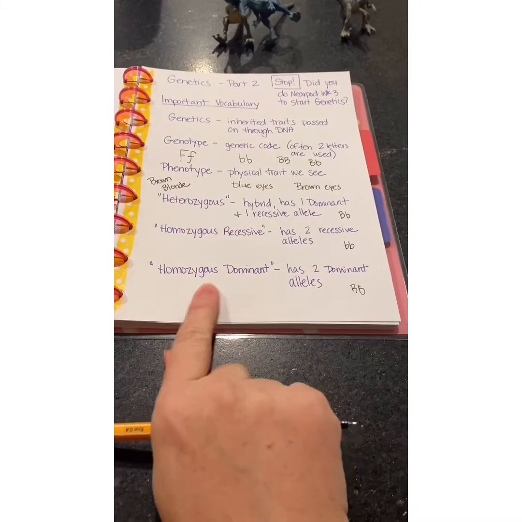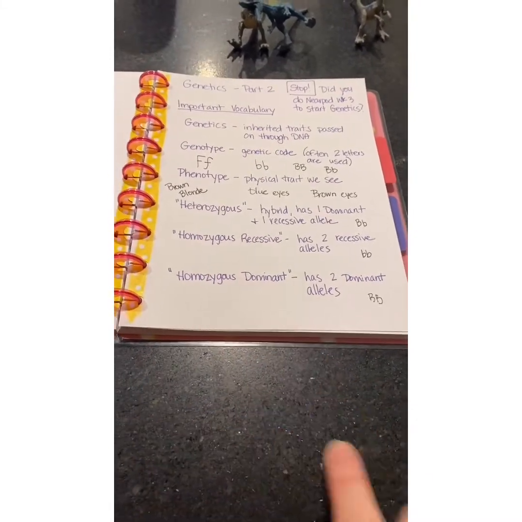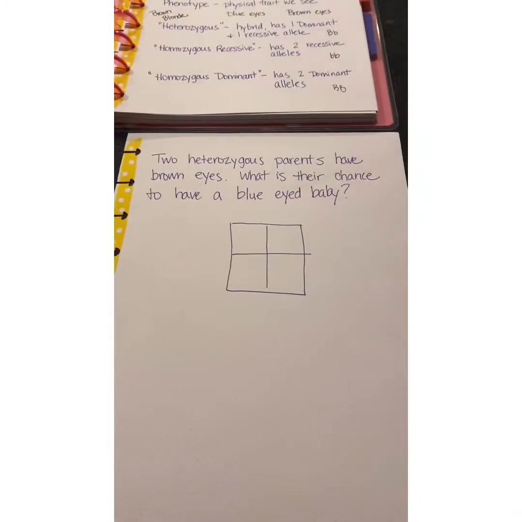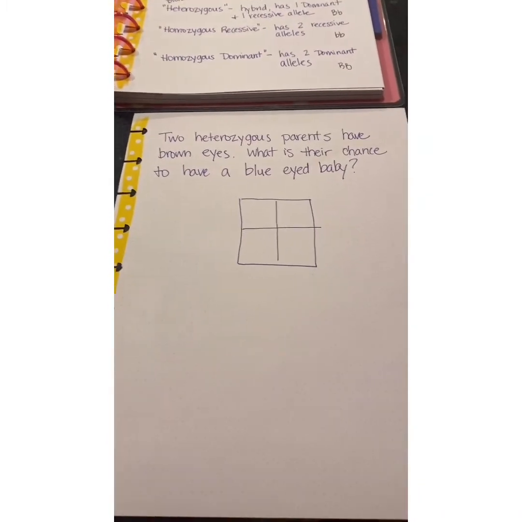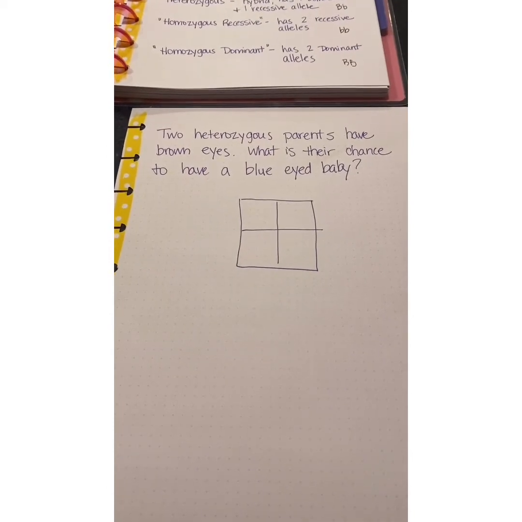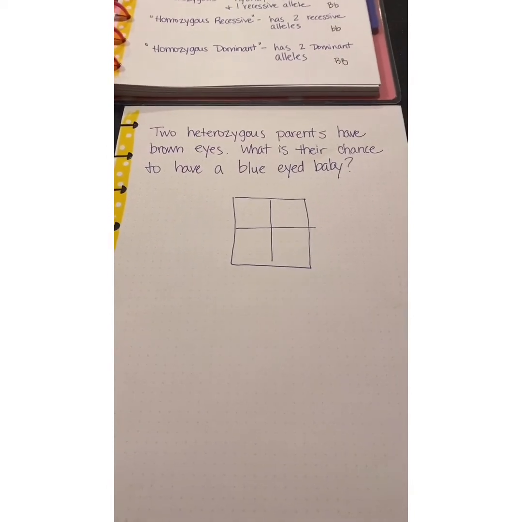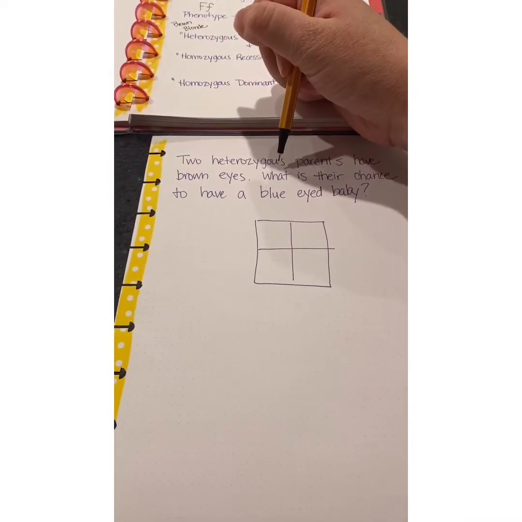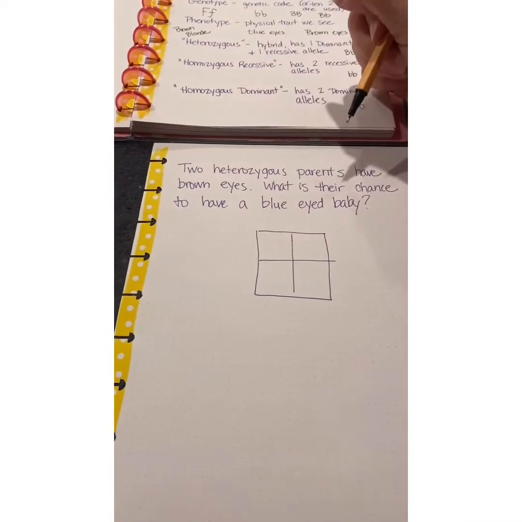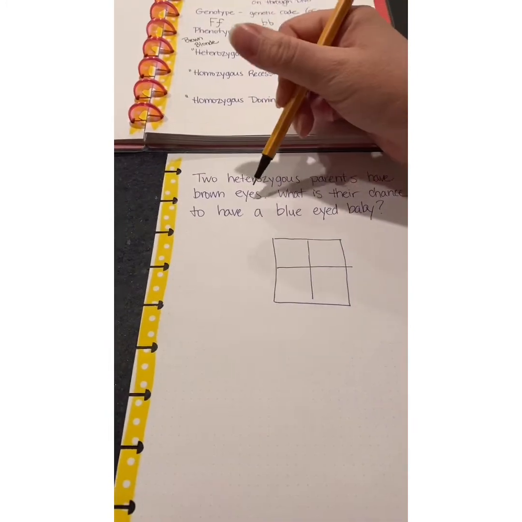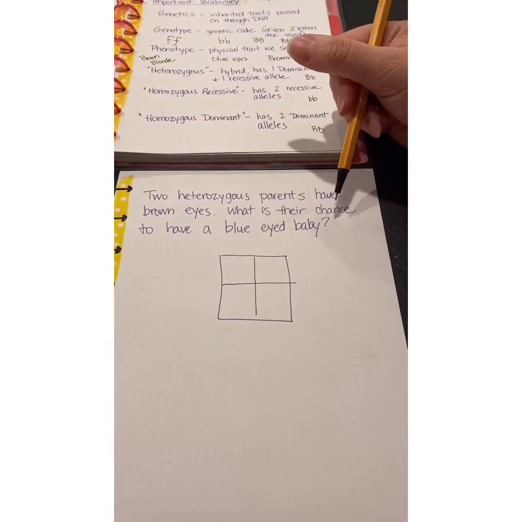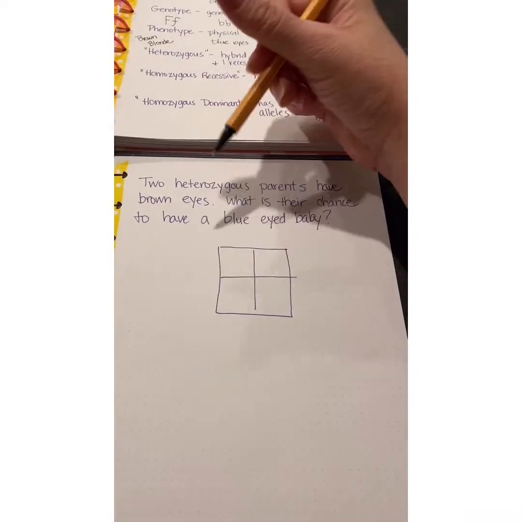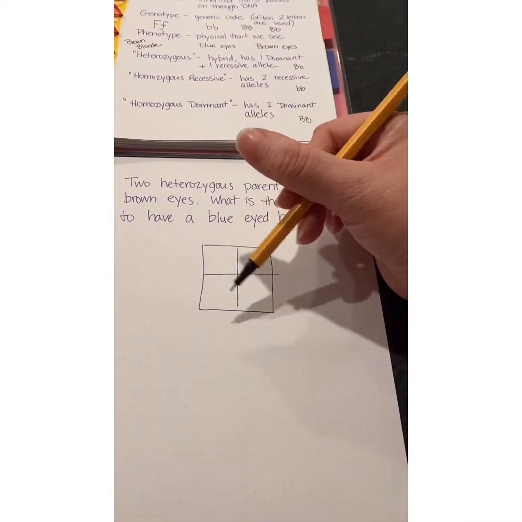Now that we've covered some of this vocabulary, I want to move over to this example problem that I have here. This is probably one of the most common Punnett square problems that I usually start out this discussion with. And so this puts in a little bit of that vocabulary like I had mentioned to you guys. If we have two heterozygous parents that have brown eyes, what is the chance that their baby could have a blue-eyed baby? The way that we do this is we set up using that 4-square Punnett square like we talked